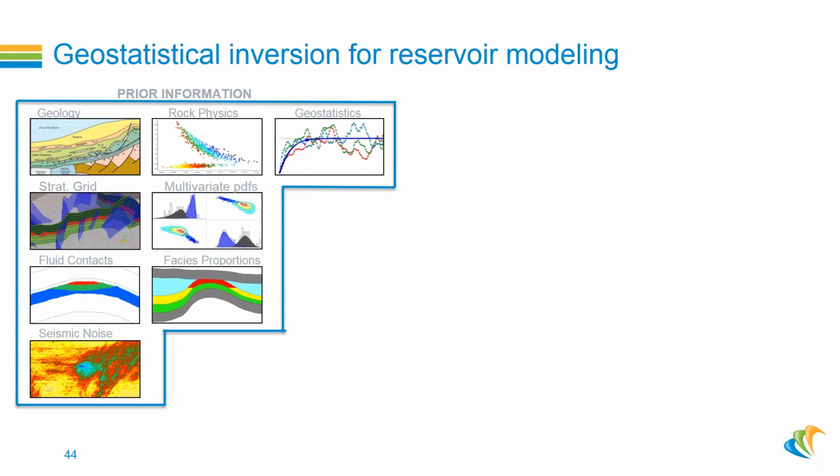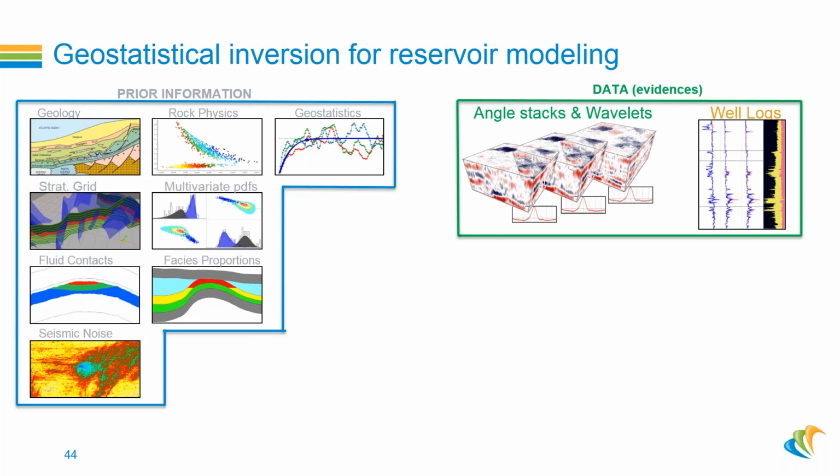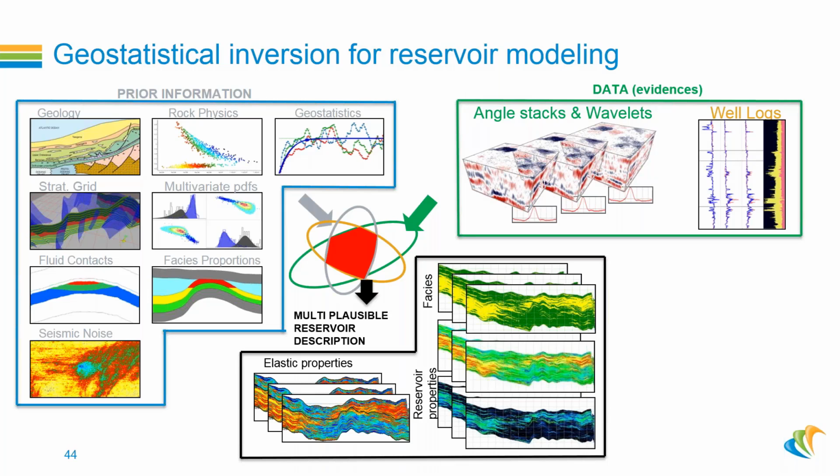And also we have data. Again, we need to integrate this data with the prior information, so we can combine them in terms of probabilities using the Bayesian inference method, and we find the probable location for our reservoir model. So we resample that reservoir model using probabilistic sampling methods. One of them is Markov chain Monte Carlo, and we can get multiple realizations of the elastic properties,